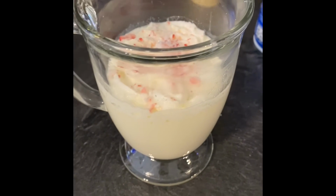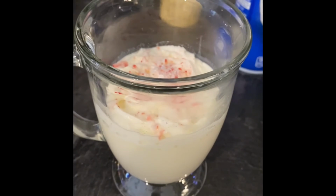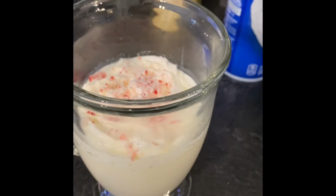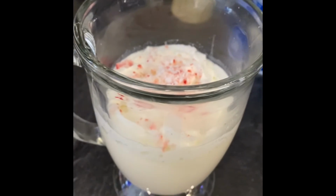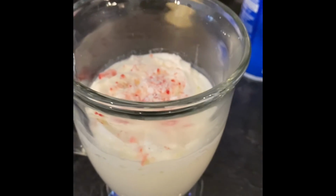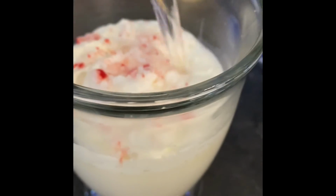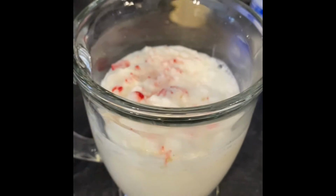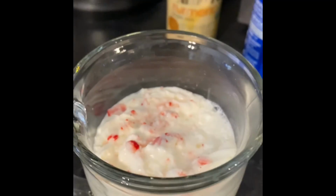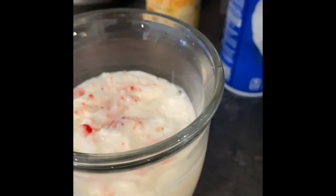So I also wanted to show you an added kick that you can create for this particular cocktail. This is one that I've added on my own to this wonderful recipe. It's already a wonderful recipe, but I added this little step. But you take some vanilla vodka. After you put the whipped cream on, you just take some vanilla vodka and swirl it around. Now remember, we already added some vanilla extract. So again, unless you're overly in love with vanilla, don't overdo it, but just add a little touch to the